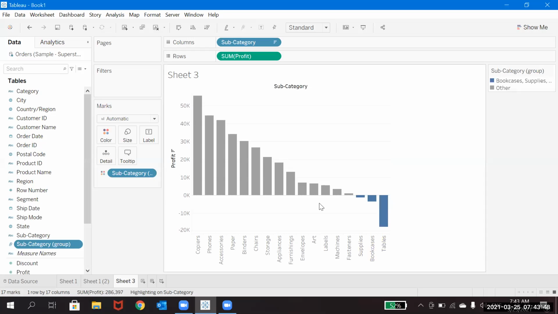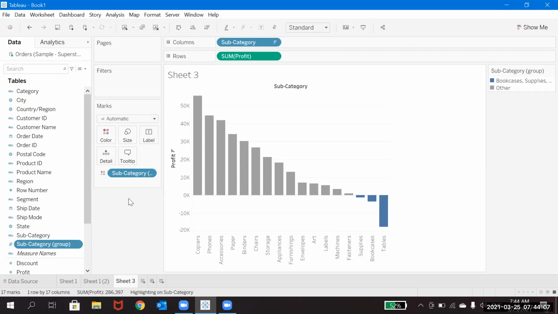Here also you can do that grouping. Whatever I have grouped, I kept into color. Other than this, whatever I have grouped is showing in a blue color, and the rest of everything is showing in a gray color.